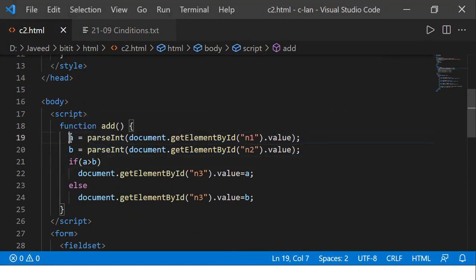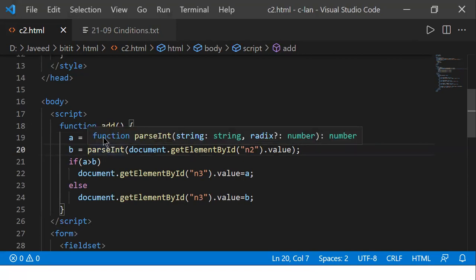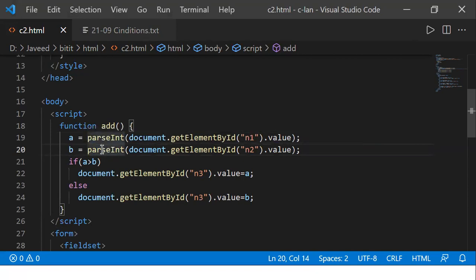The first statement runs, then the statement in line number 20. Like that, if you write A, B, C, D, all of them are executed one by one.